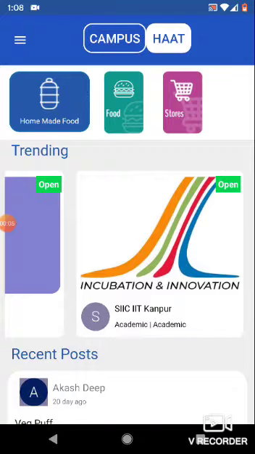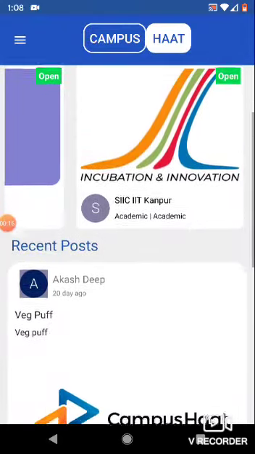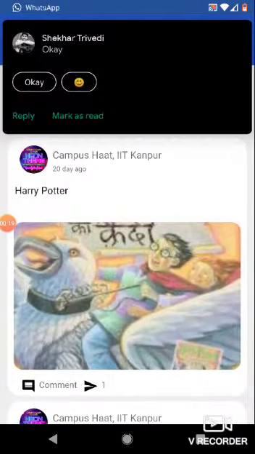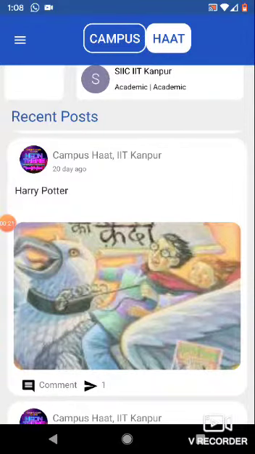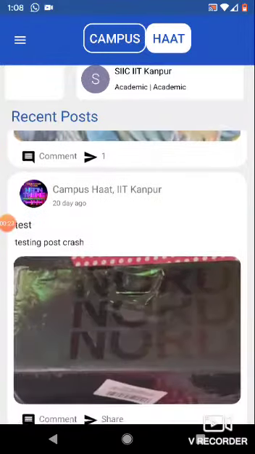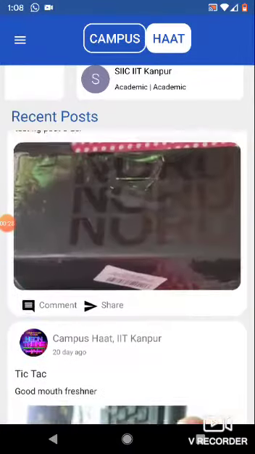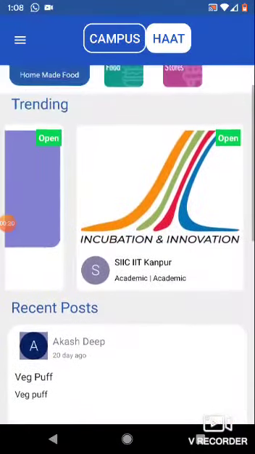So this is the customers app where you can find nearby shops and services categorized into various categories like food, stores, services and all. And you can also find promotions from them, like they can promote their business or any product or any offer they want to give. So you can see the promotions as well as products they are selling.